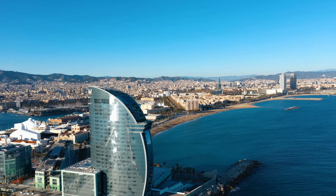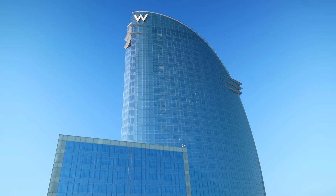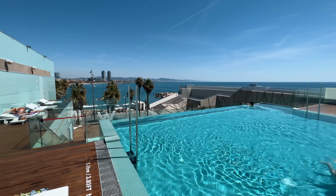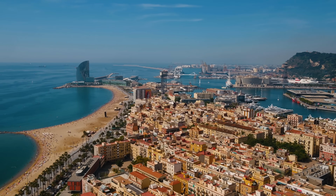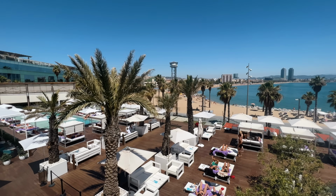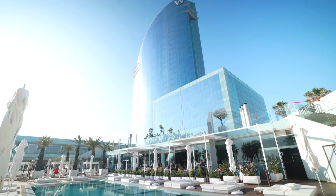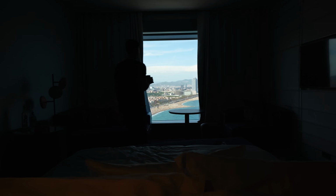So staying at the W Hotel in Barcelona was great. But is it worth over $1,000 per night? That's tough. You do get the best possible views of the city from your bed, and you're in a perfect location right on the beach and in a safe part of town. Since Barcelona, not that I felt unsafe for my well-being, but this city is notorious for getting pickpocketed, so I encourage you not to get reckless shots with your camera like I did. If I were staying longer in the city, I would have gotten a more affordable room in the W for half the price, since I do honestly think the value for staying in this luxury hotel was worth it. And since I knew I wasn't going to be spending as much on food, I decided to compensate for a nice